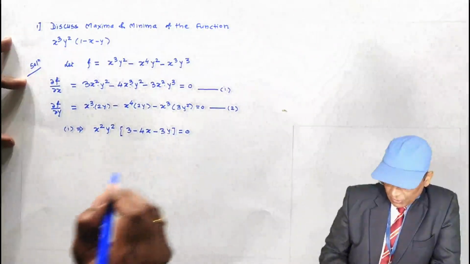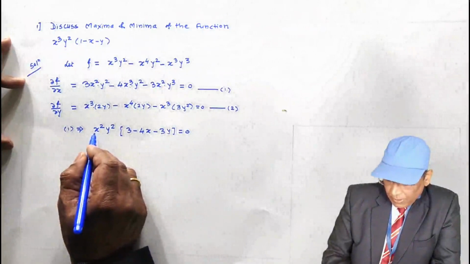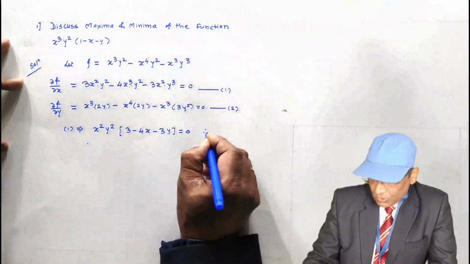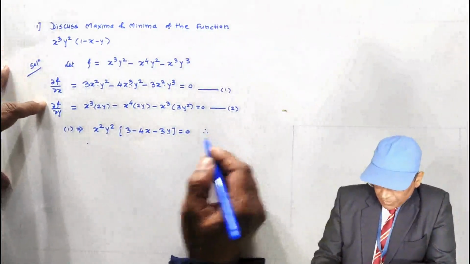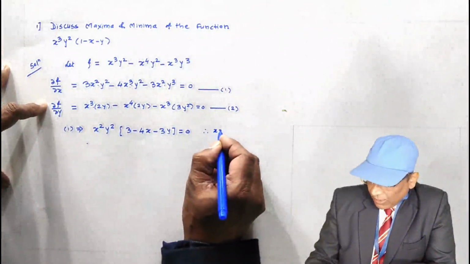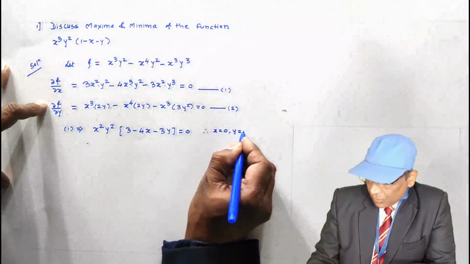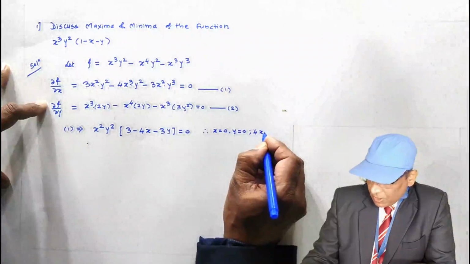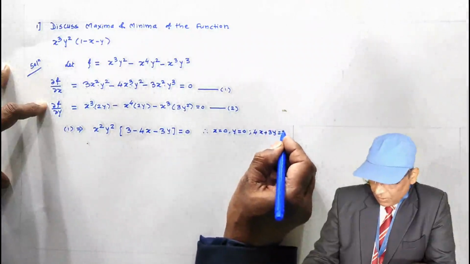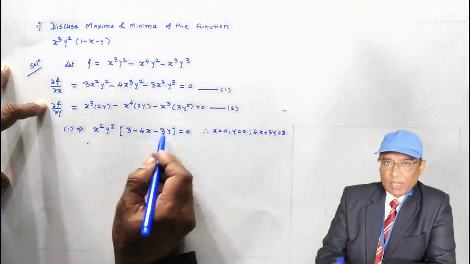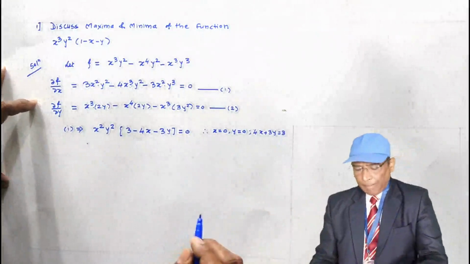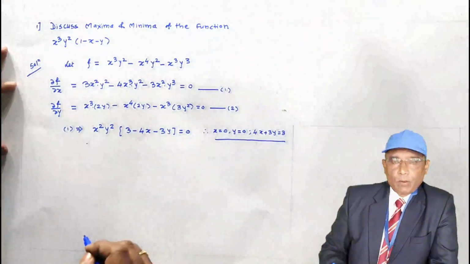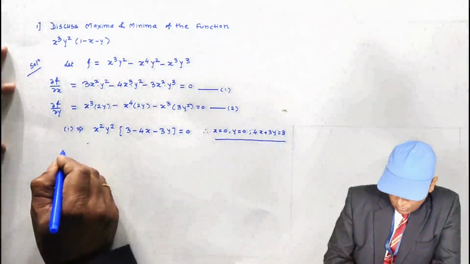We are going to solve equation 1 and equation 2. Now, we have the product of x square y square and this bracket equal to 0. Therefore, I am writing, because we have to solve this problem in a minimum number of steps: x equal to 0 or y equal to 0 or 4x plus 3y is equal to 3. If you equate it to 0, then shift this to the left hand side and 3 will be on the right hand side. This I obtained from equation 1. Now, similarly from equation 2,